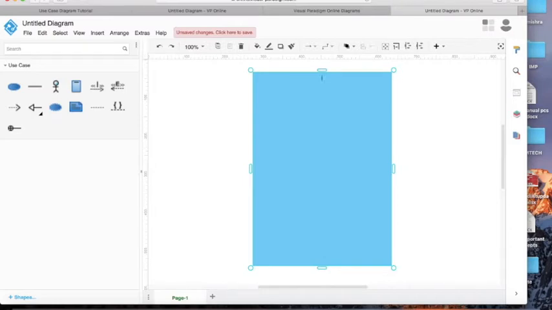Let's suppose we are going to have a use case diagram for any website. So just write website, because website is our system. Now we will drag and drop the use cases.